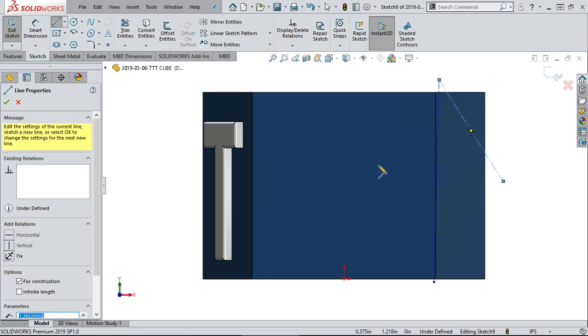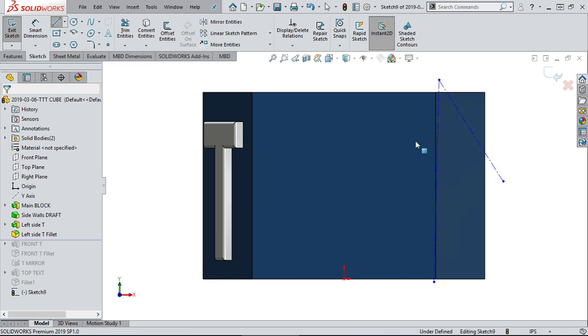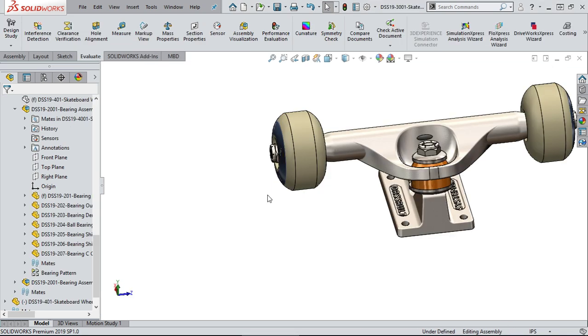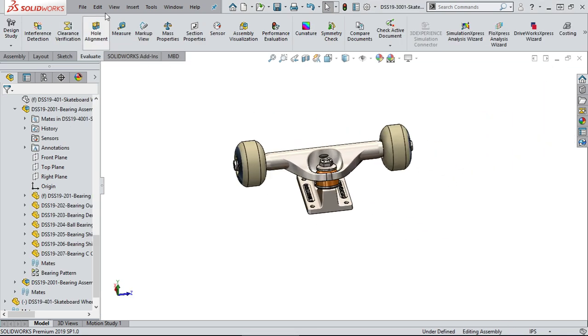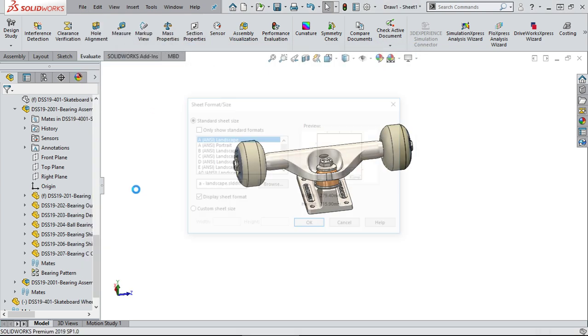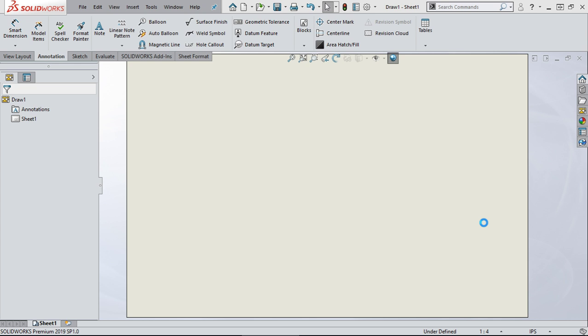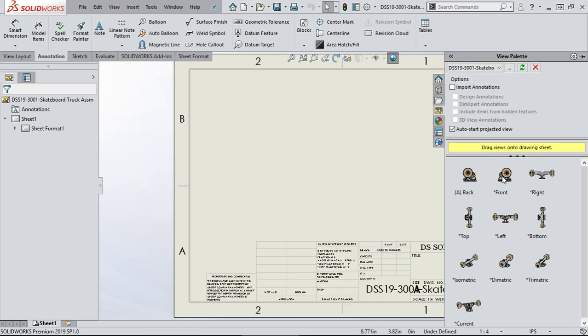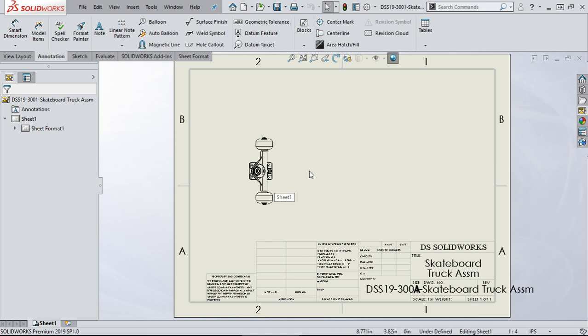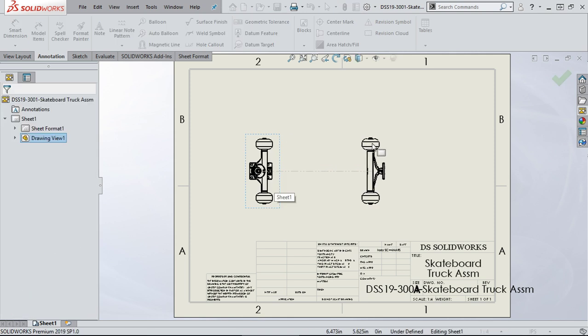And then the last thing I want to mention with regards to the Control command and the use of shortcuts with it, I'm going to go here to File, Make Drawing from Assembly. Just make a quick drawing of this assembly. I'm going to drop in a top view here of this assembly. And then what I'm going to do is take a